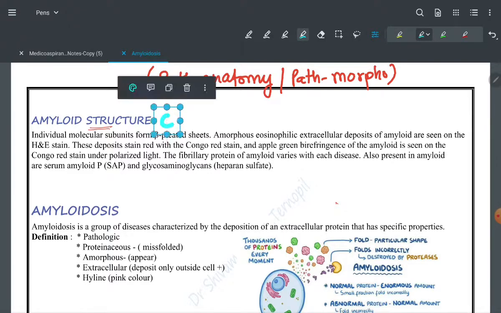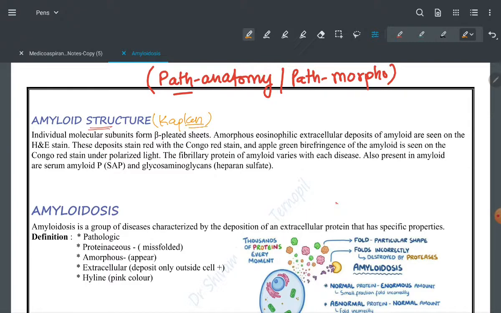Okay, so when you study Kaplan, you will realize it as a definition in pathology. Now I'm going to highlight those things which are important and which you should keep in mind, because every time you will see that this information is going to be repeated, but you have to know how to get them. It is Kaplan actually.